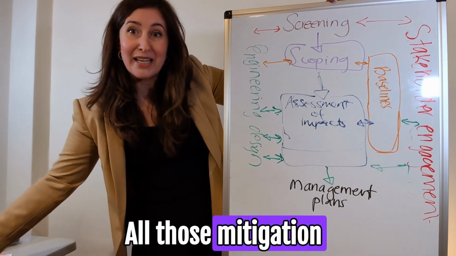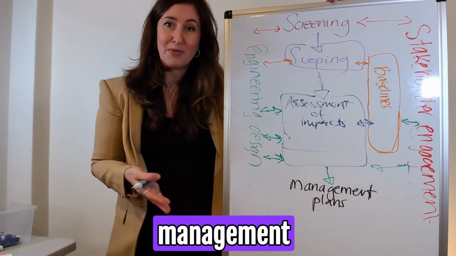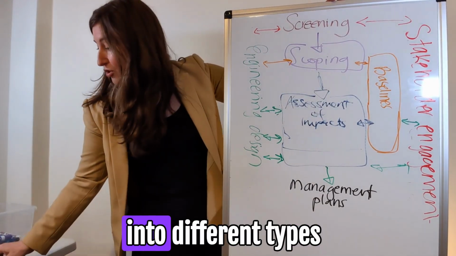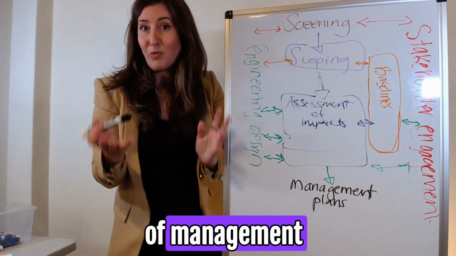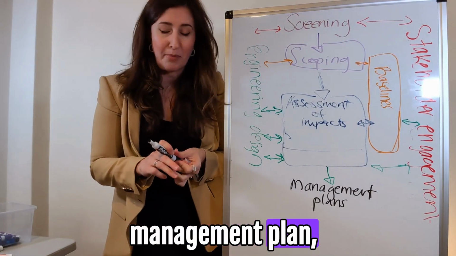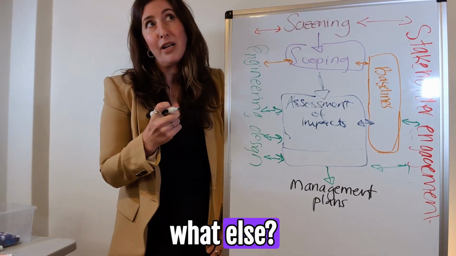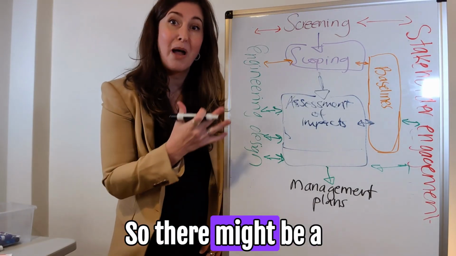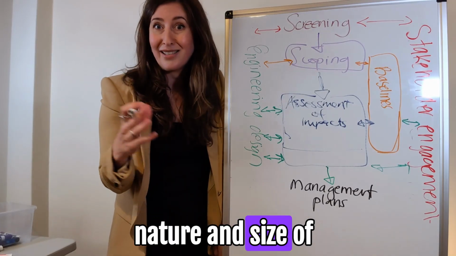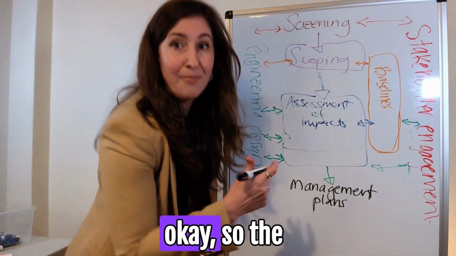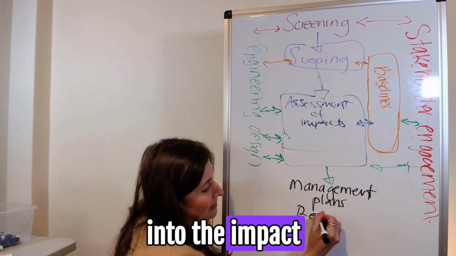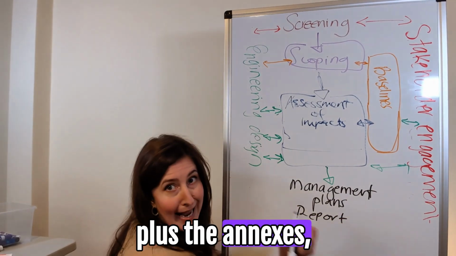Management plans: all those mitigation measures and control management measures, using the mitigation hierarchy, are then developed into different types of management plans. So you might have a community safety management plan, a labour management plan, an environmental management plan. There might be a whole suite of management plans depending on the nature and size of the project. Then, for the reporting, it's all written up into the impact assessment report plus the annexes,